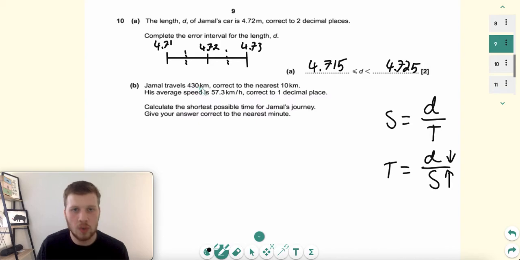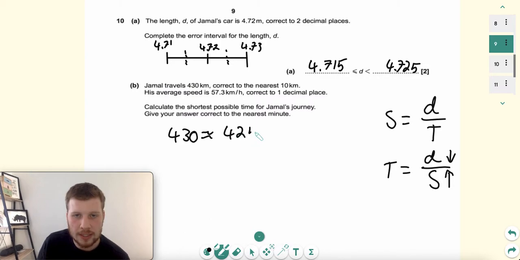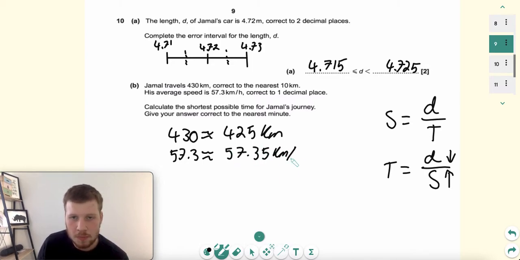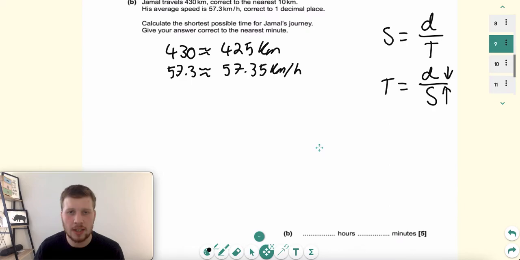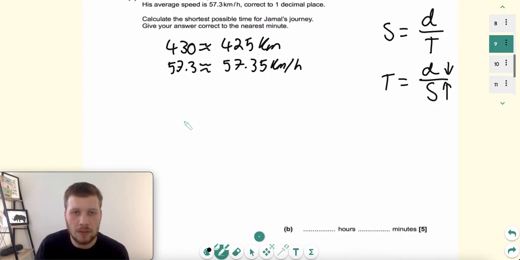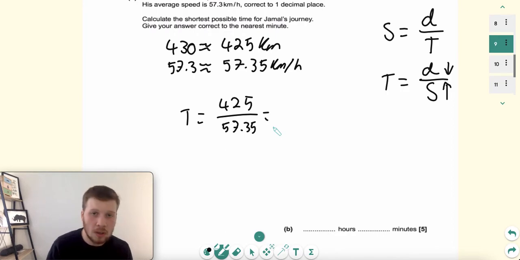Well, the distance is 430 kilometres. That can go as low as 425 kilometres if we repeated the same process above. The speed is 57.3, and that can go to 57.35, again if we took the upper bound. Now, all that's left to do is work out the shortest possible time for his journey by dividing these two values: 425 over 57.35. So 425 divided by 57.35 gives me an answer of